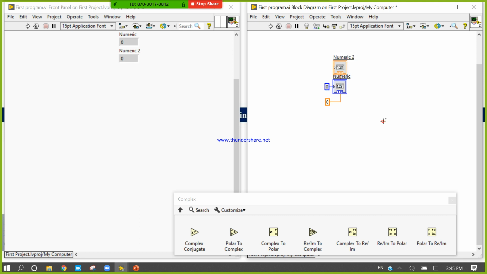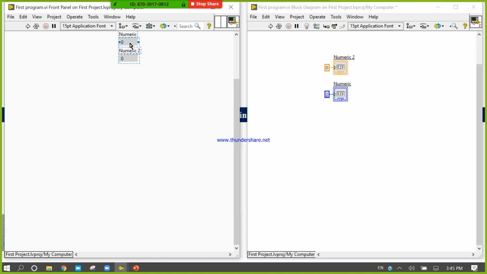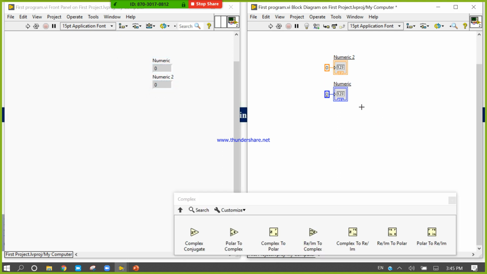There are two constants and two indicators. One indicator is orange and one is blue. Now right click, view as icon. One is DBL and one is I32. So the blue one is I32 and the orange one is DBL.